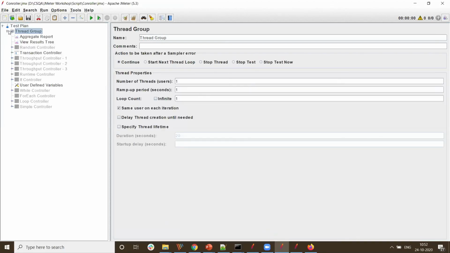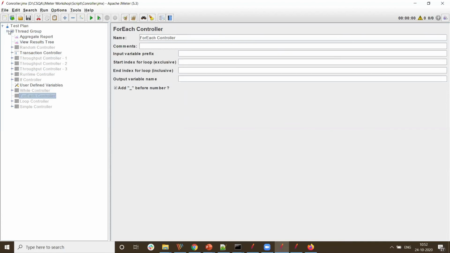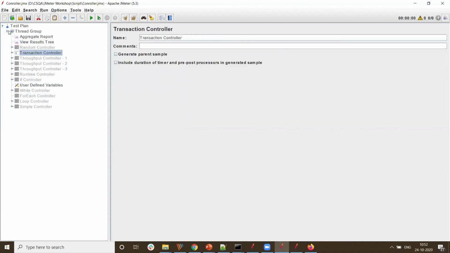So I have one thread group, and inside that all the controllers, see, while controller, for each. So you can have multiple controllers depending on your requirement.